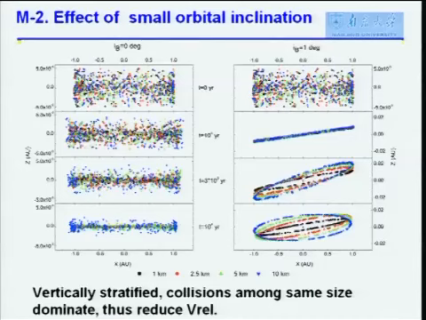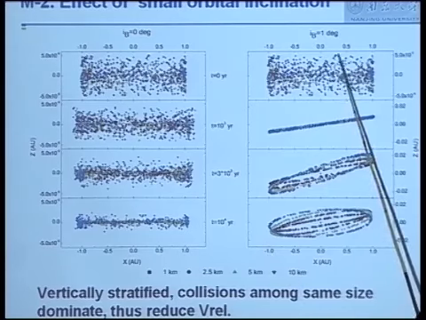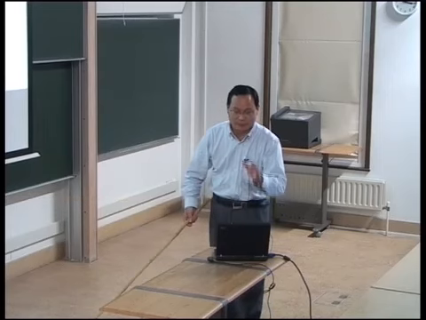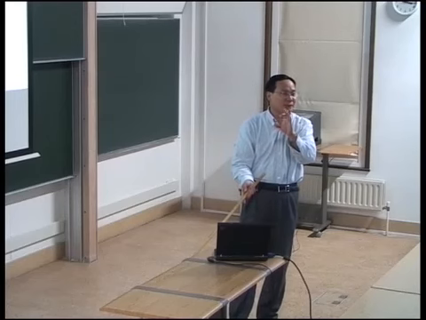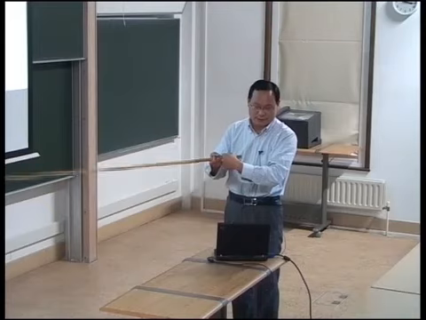So you see, like here, at 10 to 4 years, they were sorted by the different size. That means collision can only occur with the same size. That also means the collision relative speed is quite greatly reduced by this kind of mechanism. So only 1 degree is enough. We don't need too much inclination. But of course, because now this is a 3D problem, the collision time could be elongated.